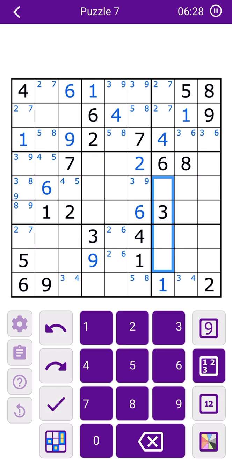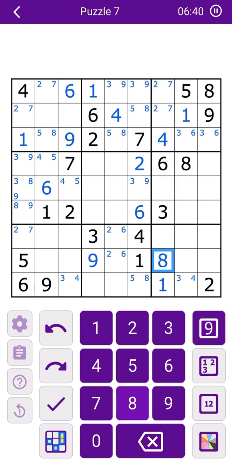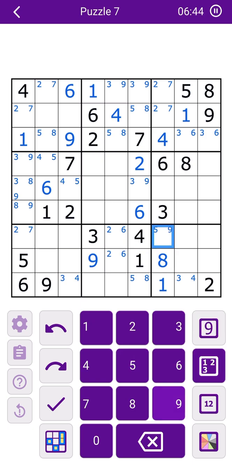Now, if we look at column 7, what do we need? 1, 2, 3, 4. We need 5, 8, and 9. 8 can't go here. 8 has to go here because we already have 5 and 9. So now I'll just plug in 5 and 9 into our notes. So putting 8 here,